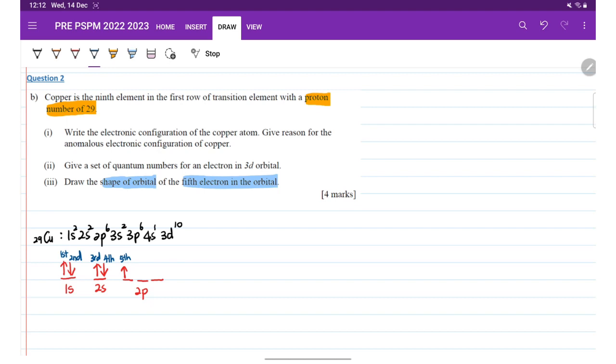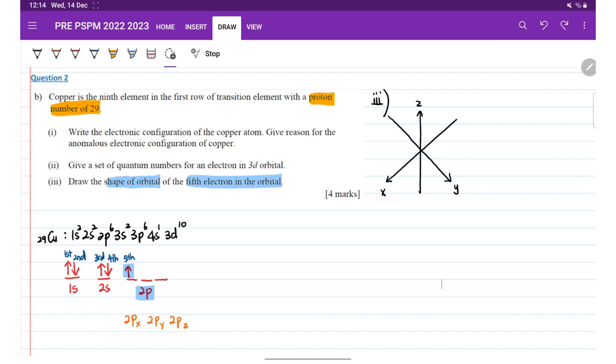Since we now know that the fifth electron is inside the 2p orbital, you need to bear in mind that for the p orbital we have 3. Here, for the 2p orbitals, we have 2px, 2py, and 2pz. So 1, 2, 3. And this fifth electron is free to go inside any one of these orbitals. So for the third question, what you will draw is